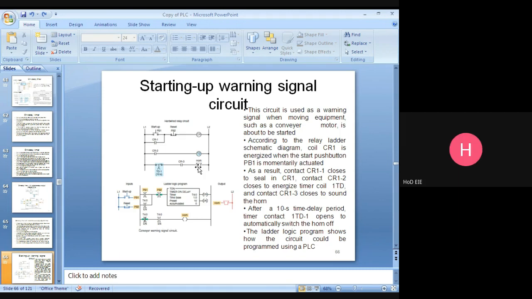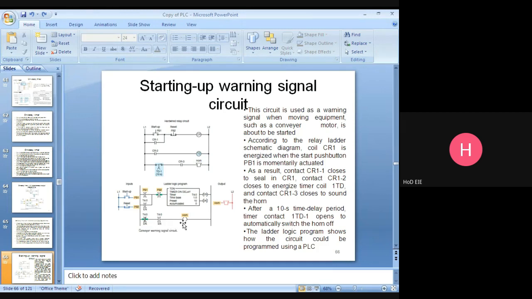The same, this one is for relay logic, this one is for PLC logic. PP1 is normally closed, this one will be open. Once you press this one, the enable bit will be energized. Once the enable bit is energized, this contact will be closed, so this will keep the instruction energized. Next, here also we are giving the same address, T40 TN EN. So this one is also closed.